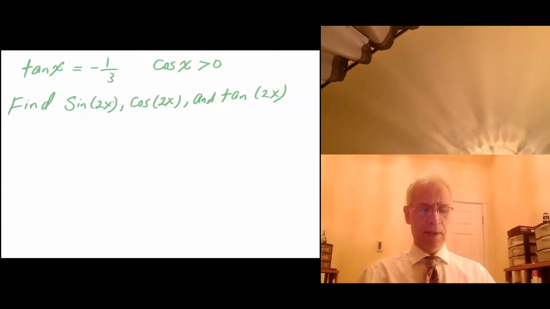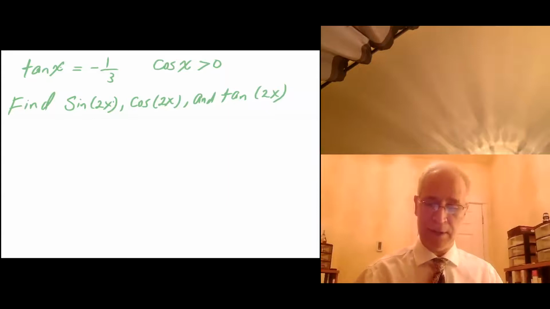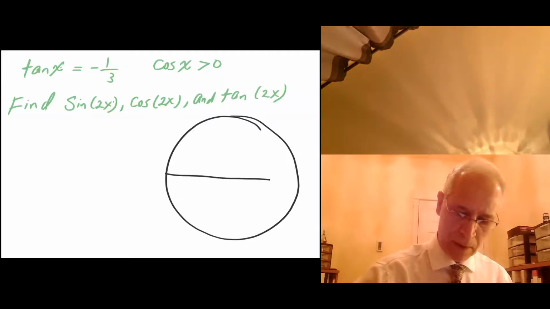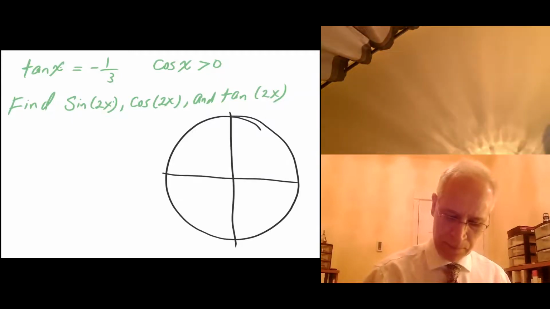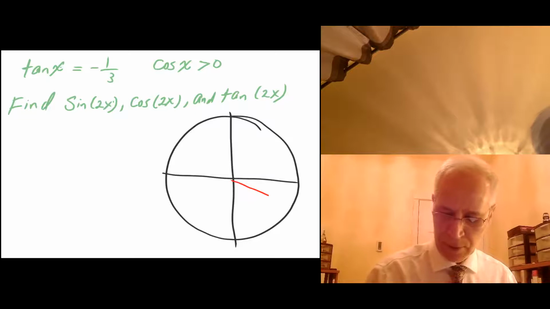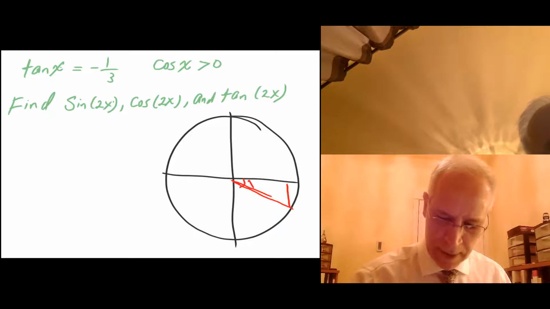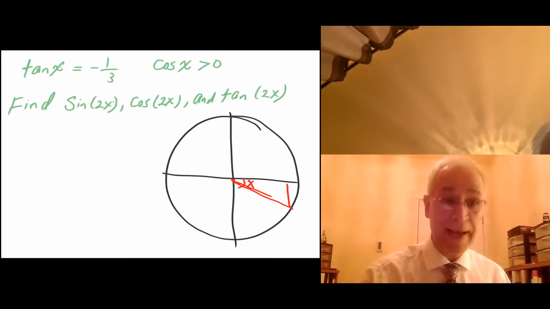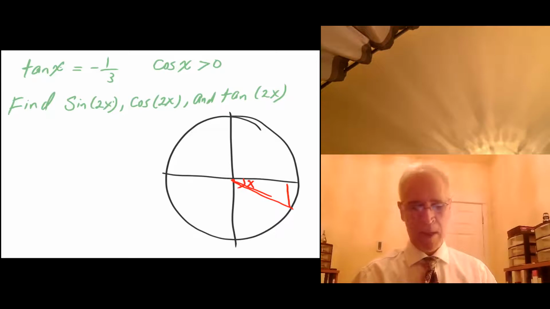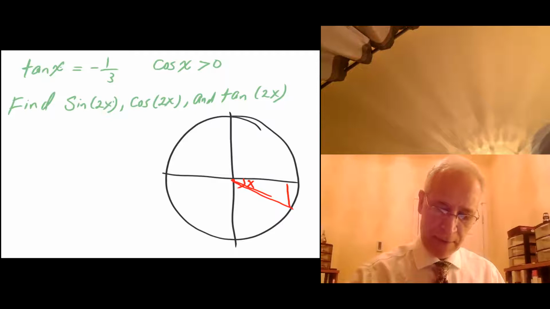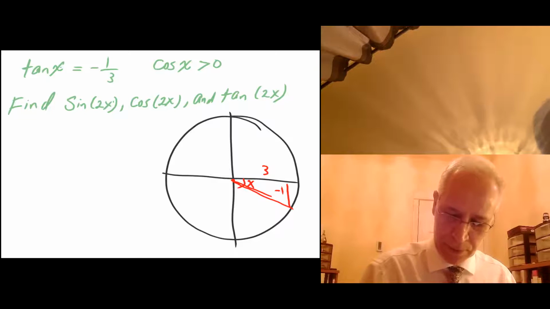So first of all, if tangent is negative and cosine is positive, we must be talking about quadrant 4. No question about it. So let me do a triangle, a right triangle in quadrant 4, something like this. And here is my x, which is attached to the origin. Opposite over adjacent, so this is my -1, adjacent is 3, and that would make my hypotenuse square root of